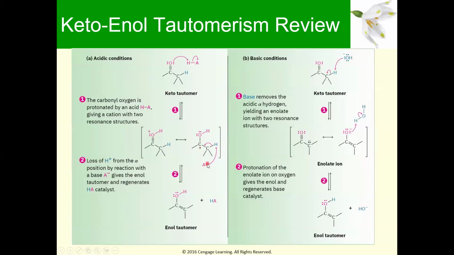But then a base, let's say the conjugate base from the original acid, can come along and take a hydrogen from that adjacent carbon, and then it pushes its electrons into the carbon-carbon bond to make a double bond, and that fixes the formal positive charge on the carbon. See that it's gone, you've got the double bond. And so, in a sense, you regenerate the catalyst, and you get the enol tautomer versus the keto